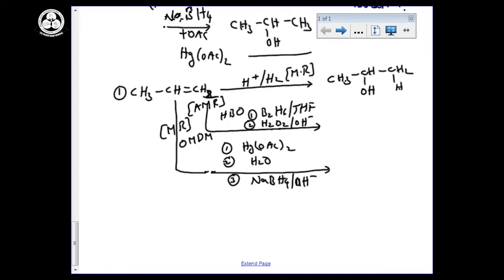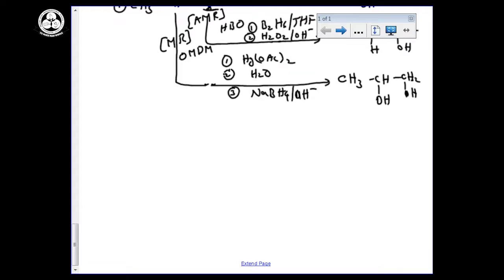Second one, hydroboration oxidation, we are following the anti-Markovnikov rule, so opposite of the above. So hydrogen will be here and OH will be here. This is the major product, as you can observe from the mechanism. Same for the third one, oxymercuration and demercuration, we are following the Markovnikov rule. As per Markovnikov rule, you can get the answer like this. Sorry, this is OH and here hydrogen. So these are the three different types of hydrolysis we are seeing.